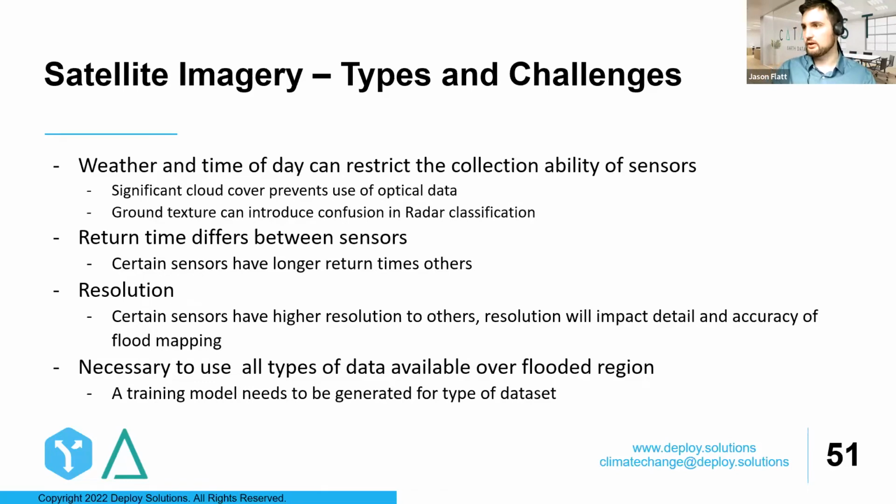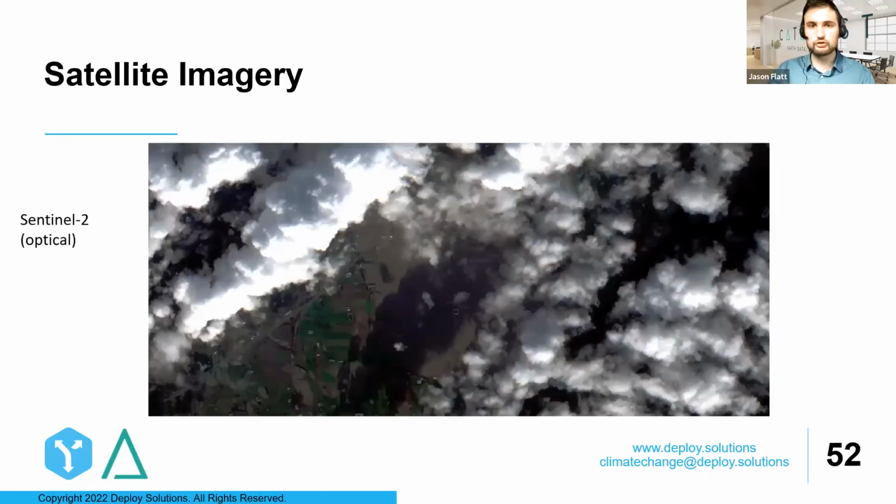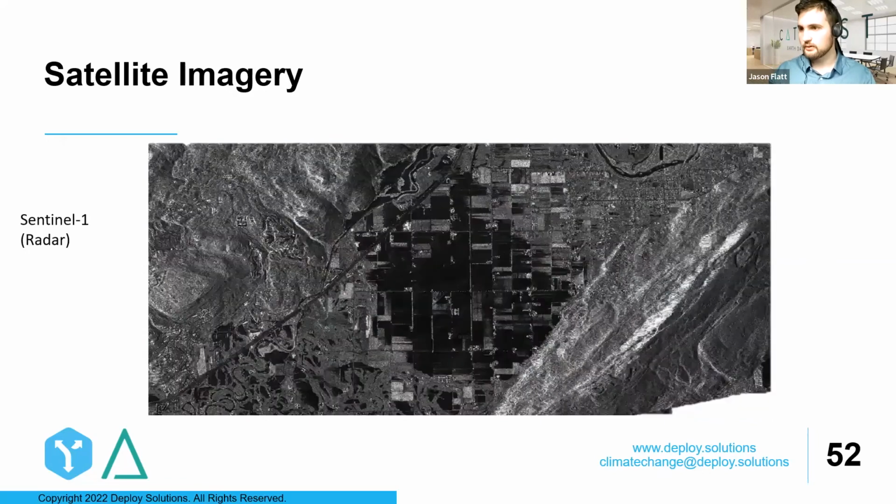So next slide. I want to show a Sentinel-2 optical image over that exact same Vancouver flooded region. At the same date, you can see it is fully cloudy. With all that cloud and shadow, it introduces a level of confusion and difficulty in even identifying the flood extents. And of course, next slide, you can see the radar imagery underneath it. And so that's the piercing. We're restricted now to just using Sentinel-1 or other radar imagery over that area of interest because the optical images are completely cloudy. So next slide.